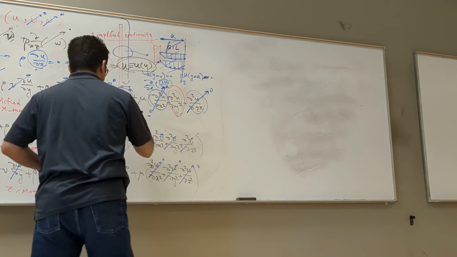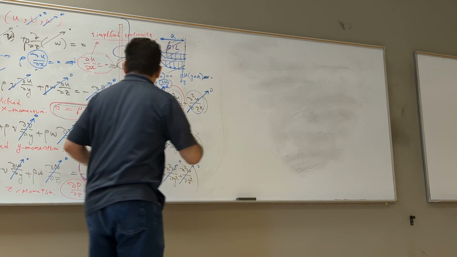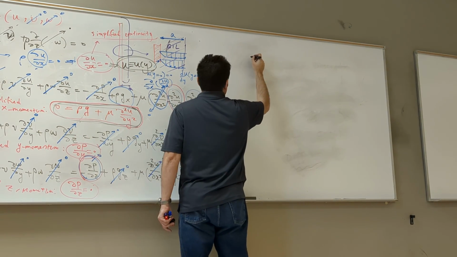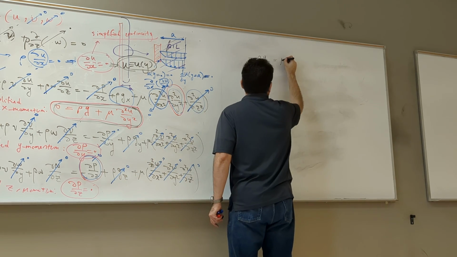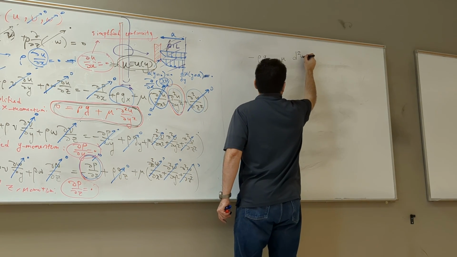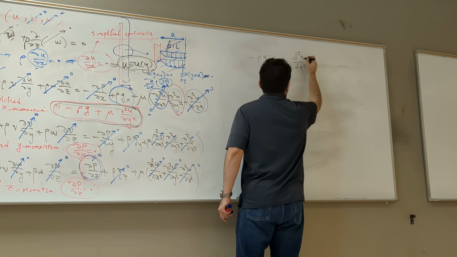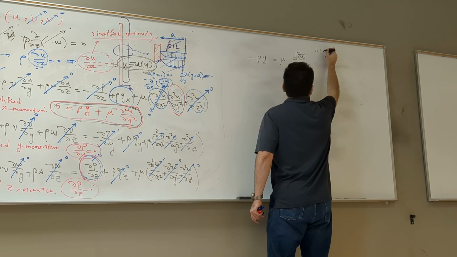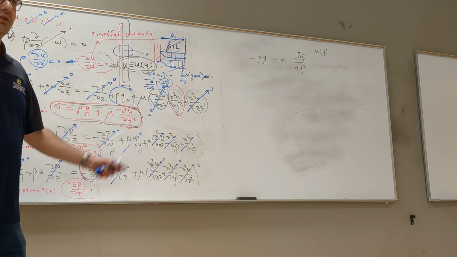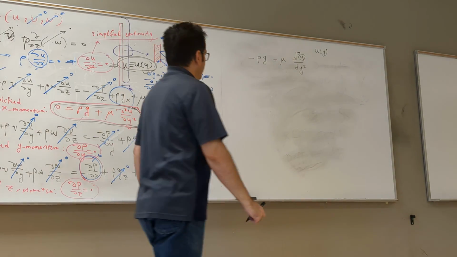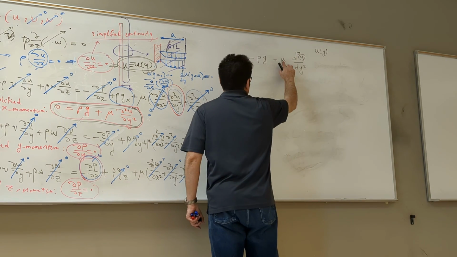So this equation, I want to solve it. So I take rho g to the left: negative rho g is equal to mu times d squared u over dy squared. Why? Because u is only a function of y. It's just a regular second derivative, not a partial derivative, because u is only a function of y. Now divide this by mu